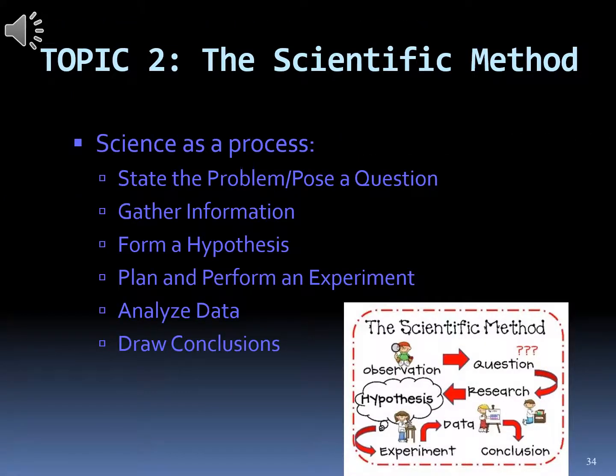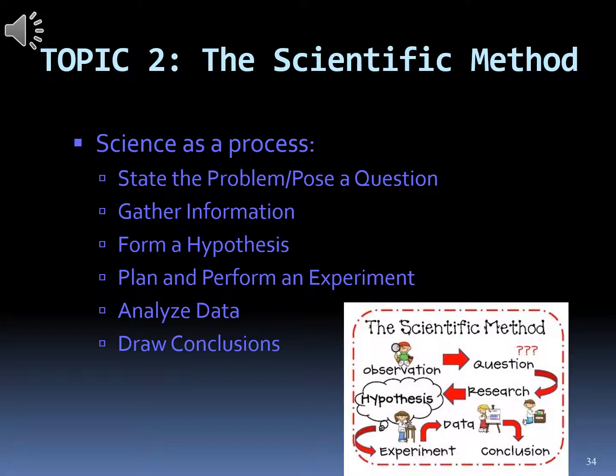Okay, so now we'll transition into our second and final topic for this first unit, and that is the scientific method. So science is a process, right? Science is a verb as much as a noun. And so if you want to do science, you generally will follow this basic method, although it's not always as stuffy as we make it sound, and we'll talk about that as we go on. But it's easier to present it as this process, even though sometimes the particular process has a slightly more free-flowing sort of,